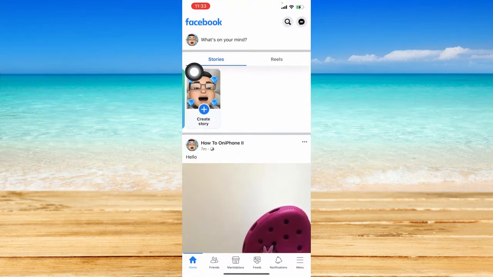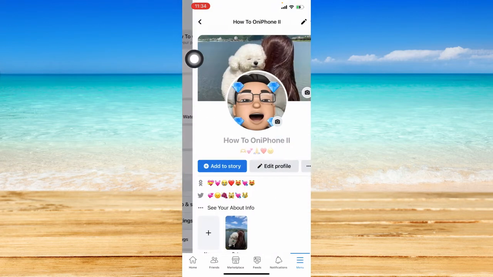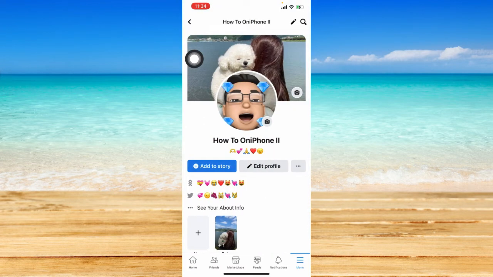If you don't have that, just open up the App Store or your Play Store and download the Facebook app and log into your account. To change your profile picture on Messenger, you should change it through Facebook. To do that, just click on this menu icon right here at the bottom right hand corner and click on see your profile. Once you are at your profile page, just click on this little camera icon